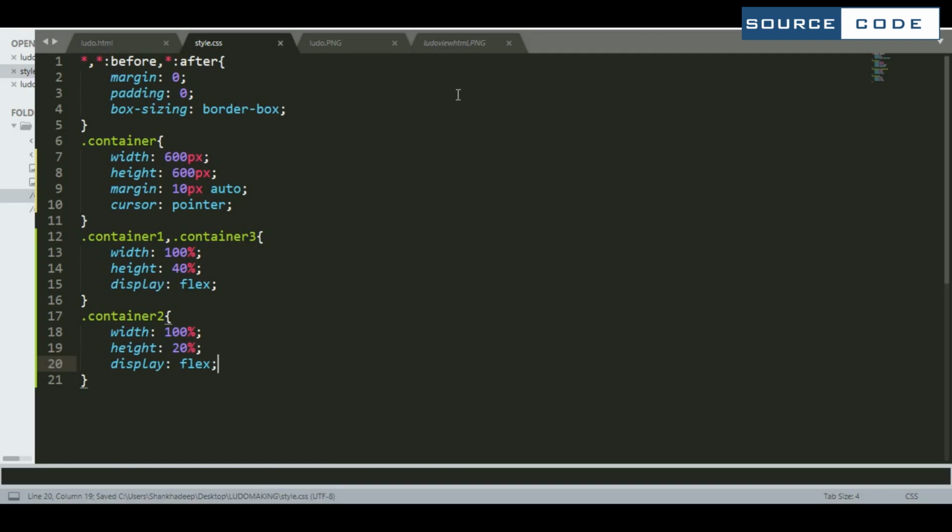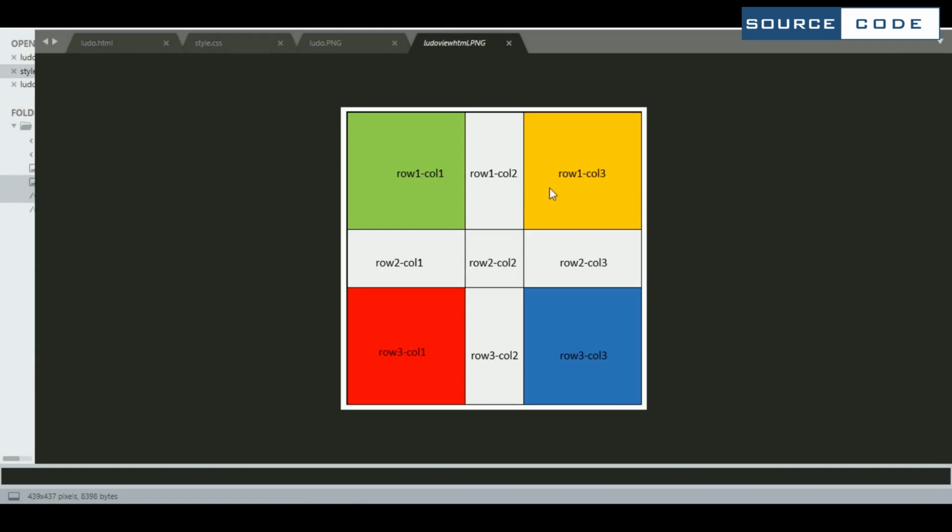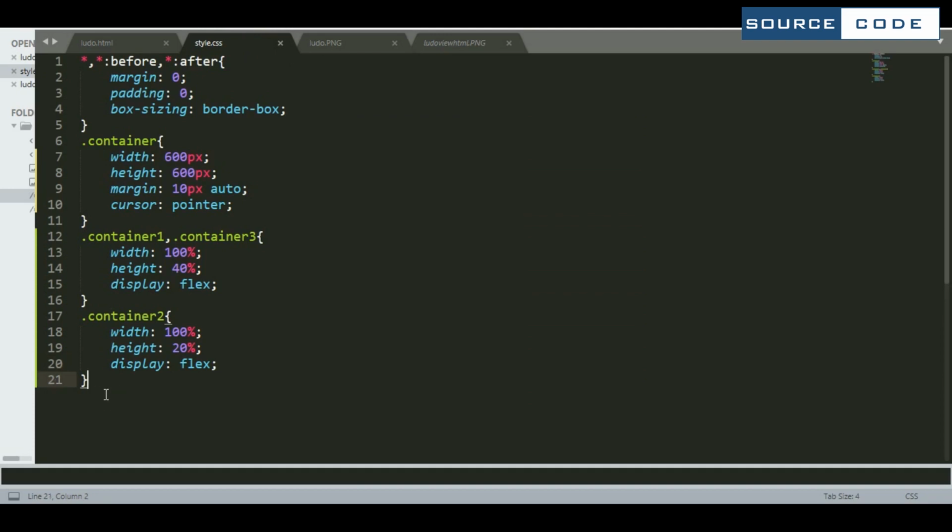Now we are going to design our row and column pairs. If you see here, row 1 column 1, row 1 column 3, row 3 column 1 and row 3 column 3 have the same dimension. So come to the CSS part again. Just copy this one and here change the row number.